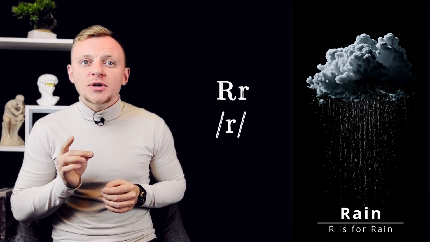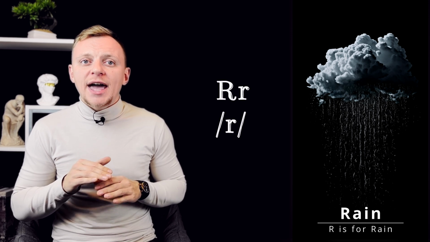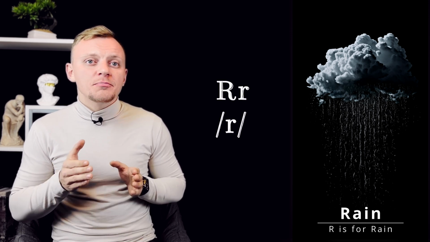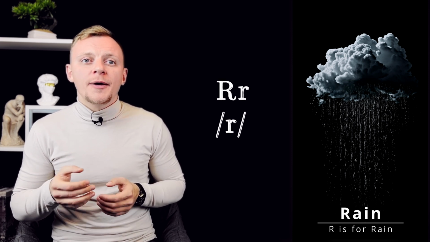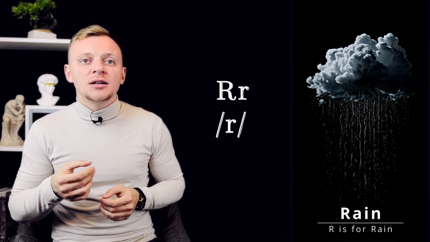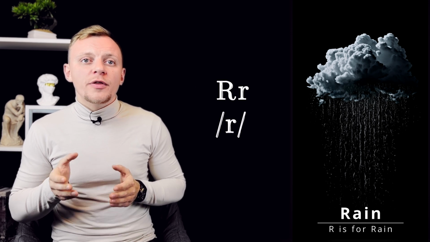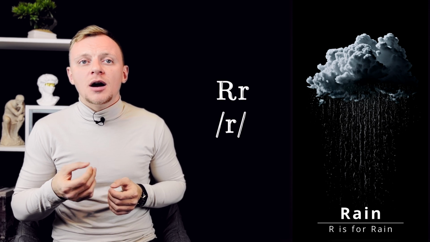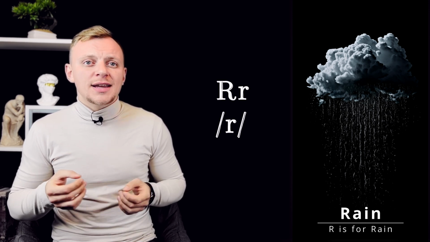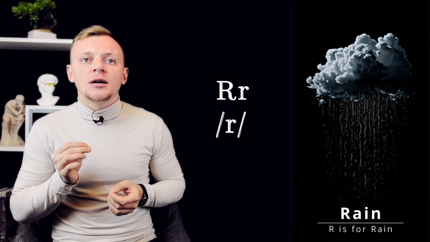So keep your tongue relaxed, not touching anything in your mouth. Make a slight space between your tongue and the roof of your mouth. Then say R with your tongue relaxed and slightly raised, allowing some air to pass around it. Let's try it together. R,